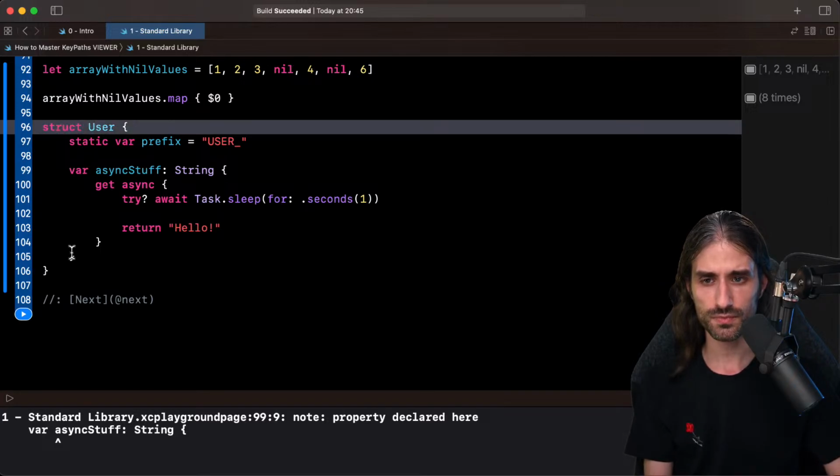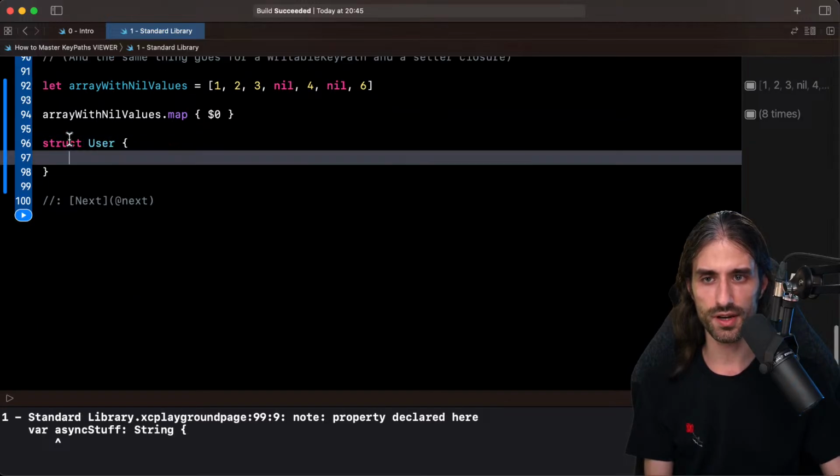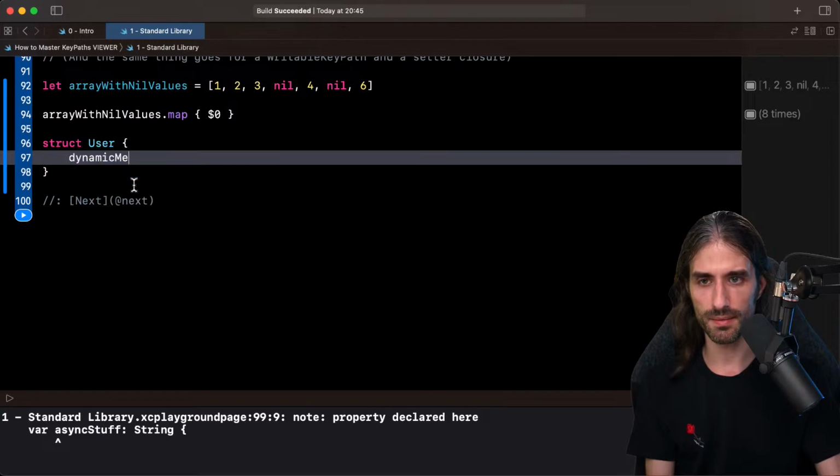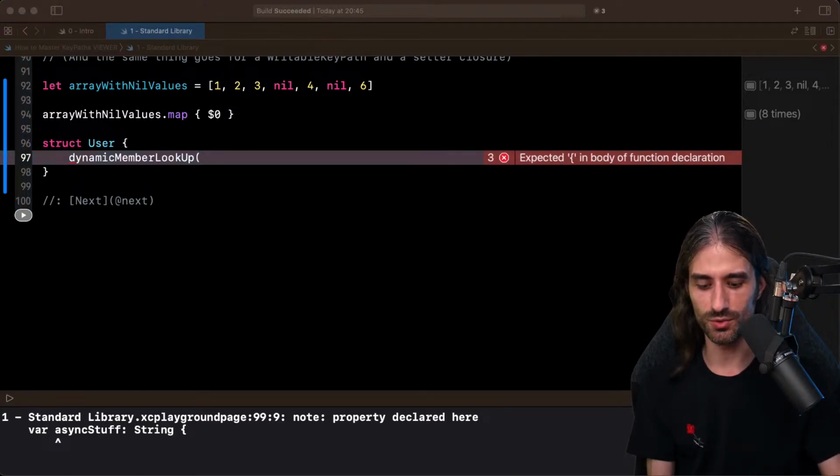So let's say I have my user. I'm just going to get rid of this, and I'm going to do dynamic member lookup. You know what? I'm just going to use Google to search Swift dynamic member lookup key path, because the syntax, if you don't know it, is a bit tricky.